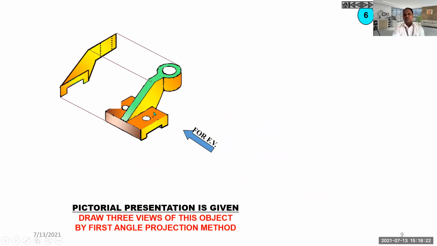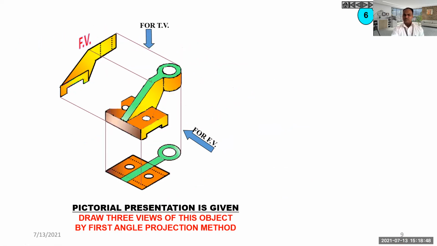This is one kind of flange that we use on mechanical equipments. So its front view will be this one, this base portion, this rib, and this circular portion. Always remember, the circles will be seen as a rectangle in front view. In case of top view, you can see its circular shape.